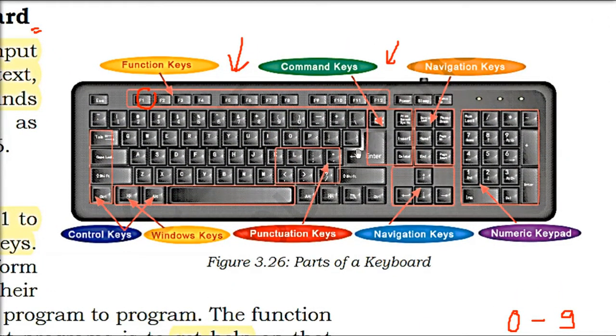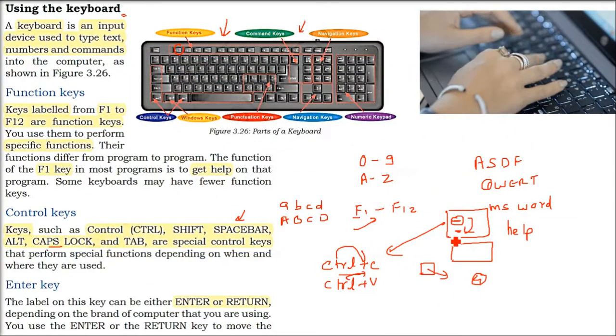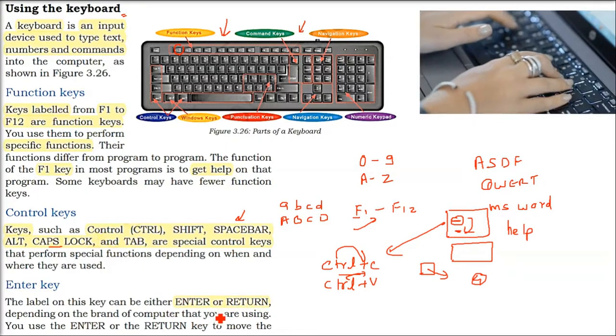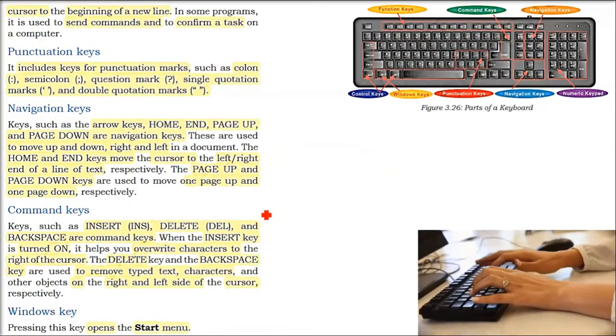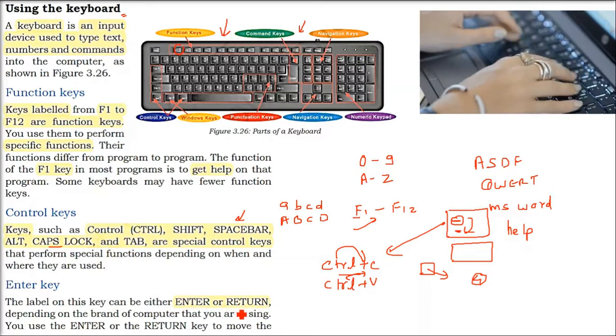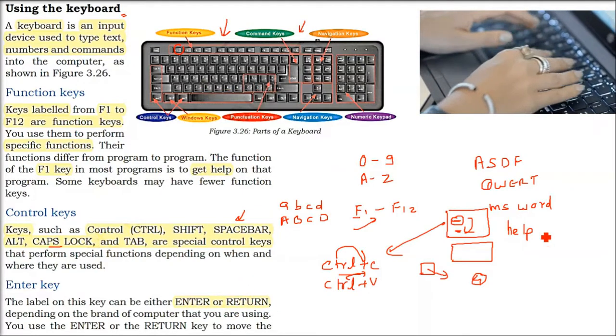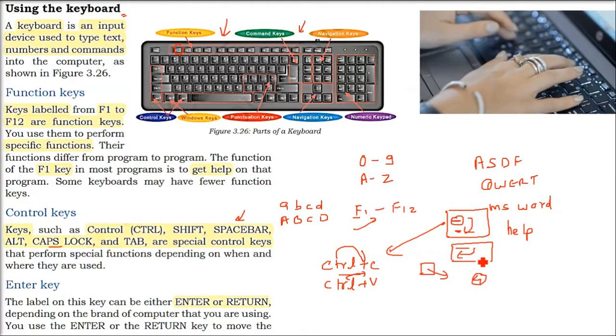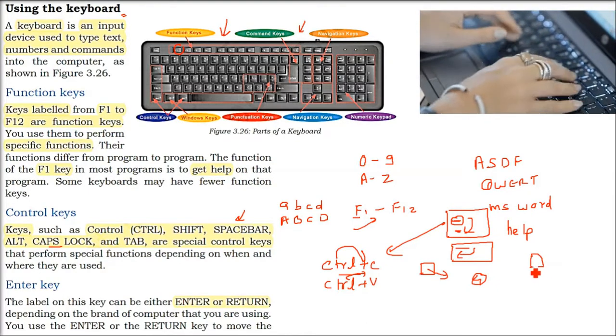You see, enter is the biggest key, not the longest. If you are asked what is the longest key, it's space bar. And which is the biggest one? It is enter, because it will be used everywhere. Basically, it's a command giving key. So enter or return, depending upon the system or brand you have, it will work. It basically works as a final key. Say on WhatsApp you are messaging something, then you press enter, the message will be sent.